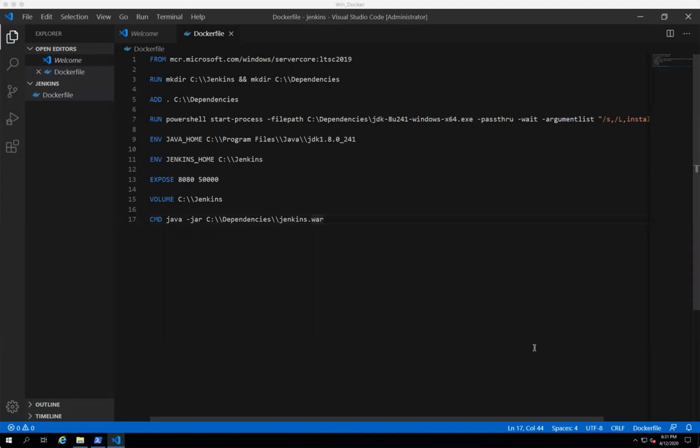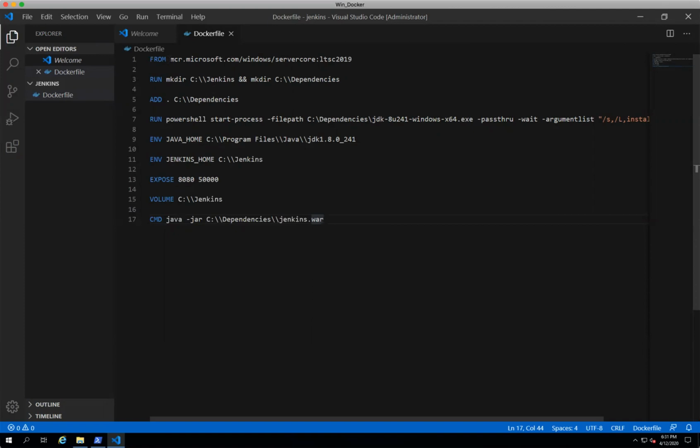I have spent a bunch of hours to make these Docker files work. To be frank, I'm a Linux guy and I don't know much about Windows, but I tried very hard to create these. Now I'll talk about the Jenkins Docker file and then we'll build it. And from the built image, we'll try to run a Docker container. As you can see, this is the Docker file to create a Jenkins image.